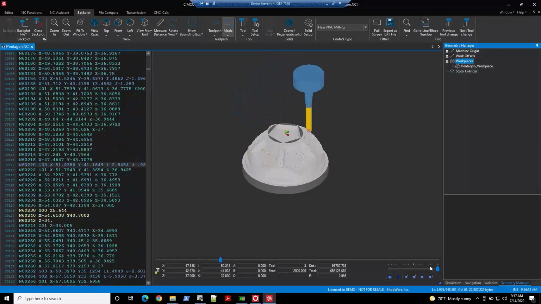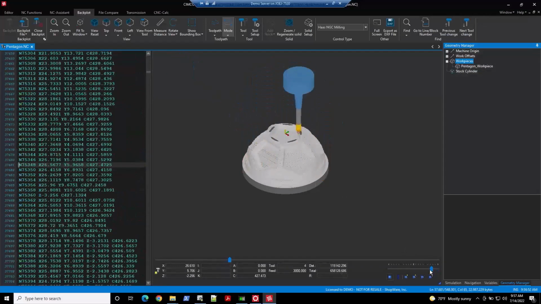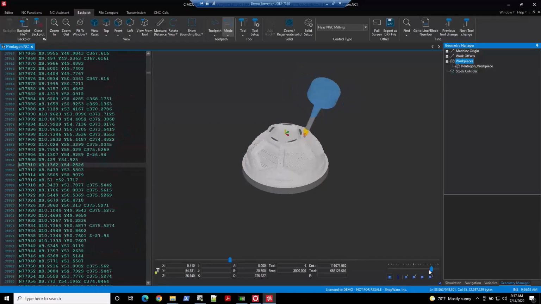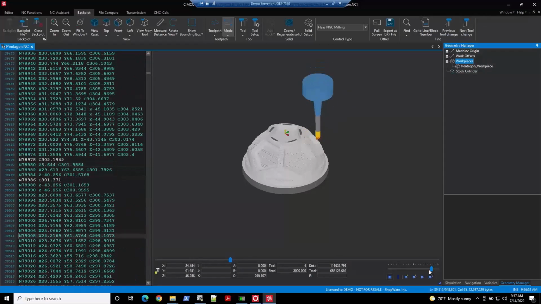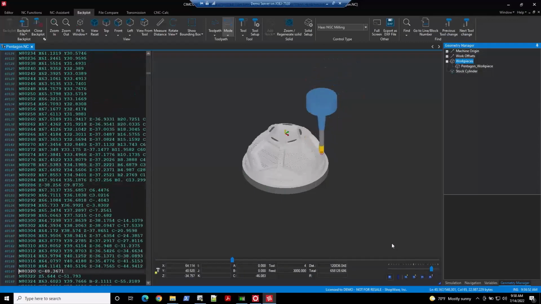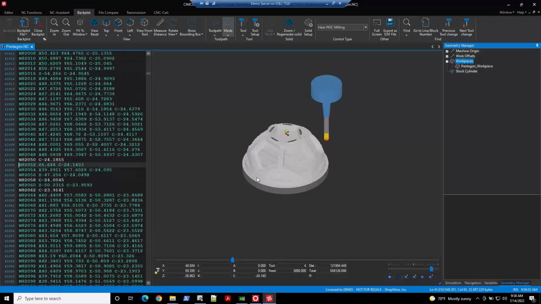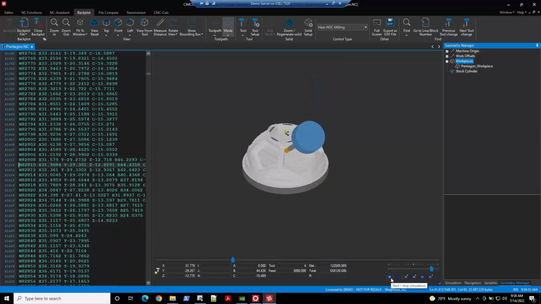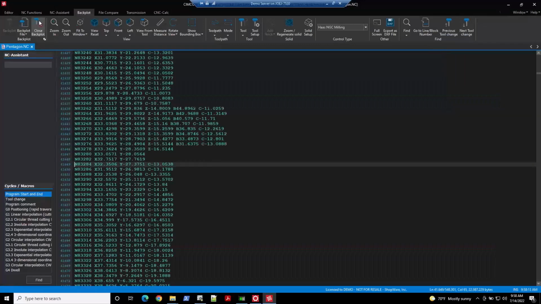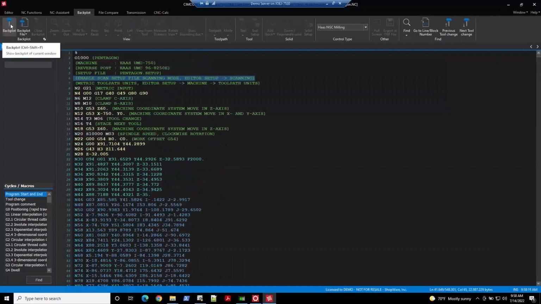So as we go, once we get into our 5-axis motion, I'll go ahead and slow this down so we can see that. We can see that tool holder start to tilt as we're trying to get into those particular areas of the part. Like we said, this is a very large program. I'm not going to bore you guys with the extents here, so I'll go ahead and stop this, and I'll close this out. But I did want to show you a little bit of what the backplot can do